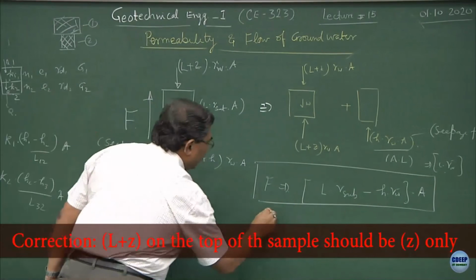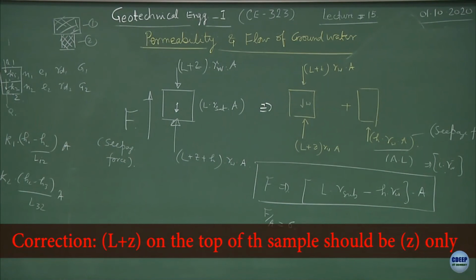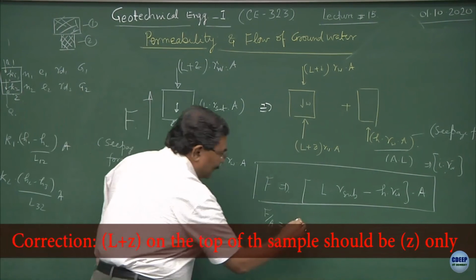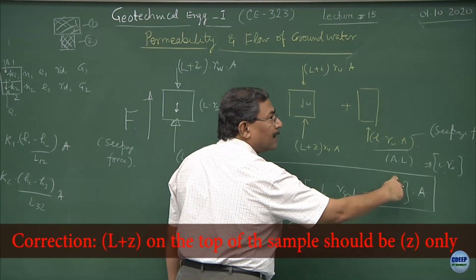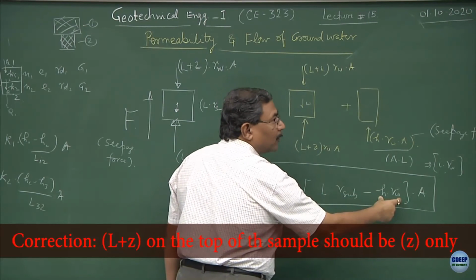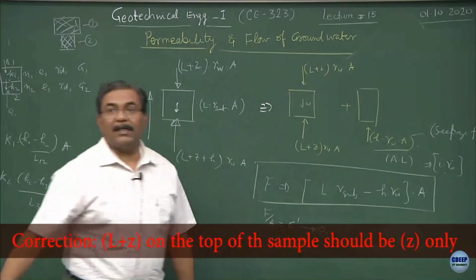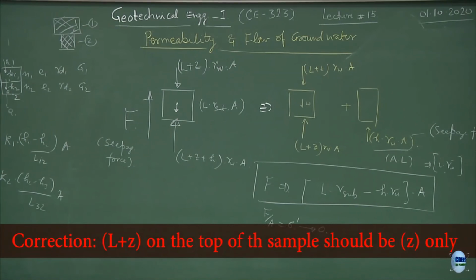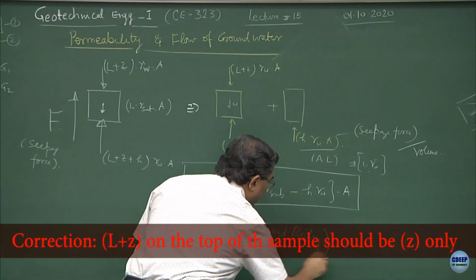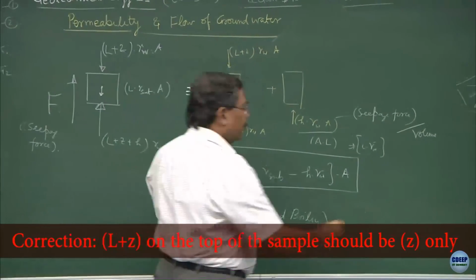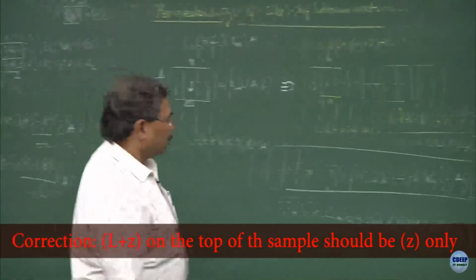What is F upon A? Stress, clear? And suppose if I say that this is effective stress, why? H gamma W is what? Pore pressures. So, L gamma submerged minus pore pressure is nothing but the effective stress, and if I put a condition that this tends to 0, this is nothing but your sand boiling. Now, if you simplify this, what you will be getting? Can you do it quickly? I comes out to be, what is I? H upon L.